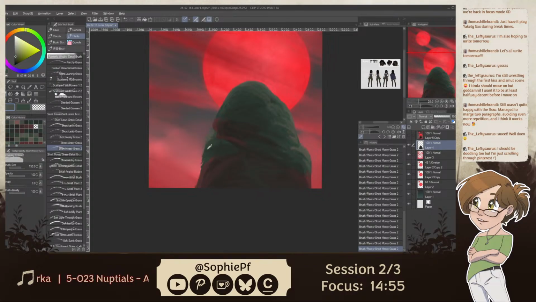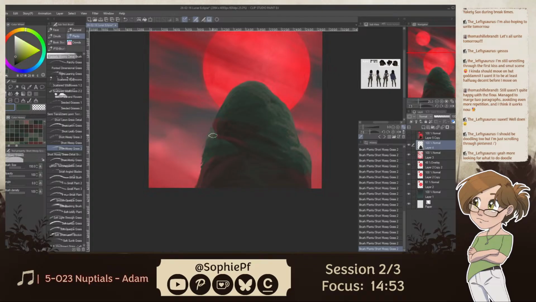I think I'm close to where it works. I think making the green less saturated was the right call. Yeah, I'm looking for what to doodle. Okay. Any preferences?